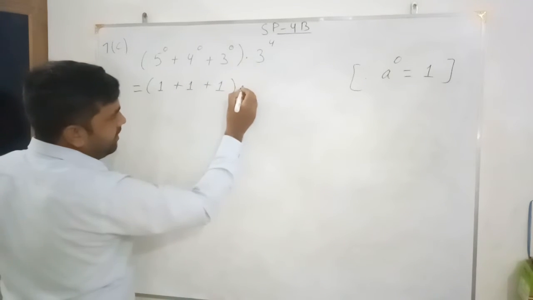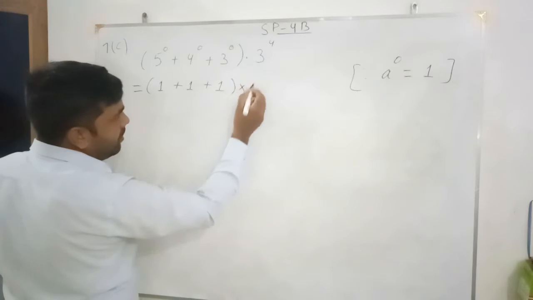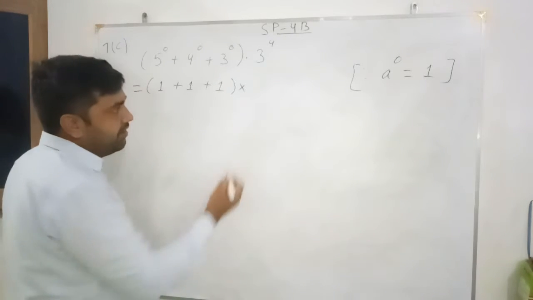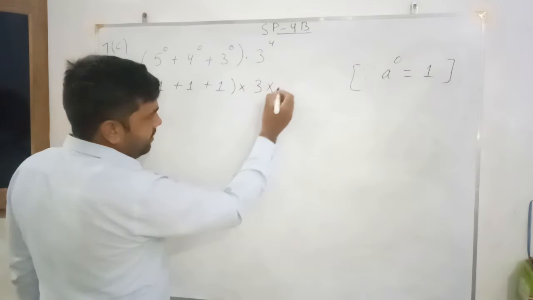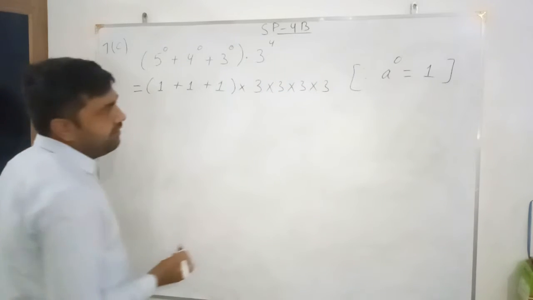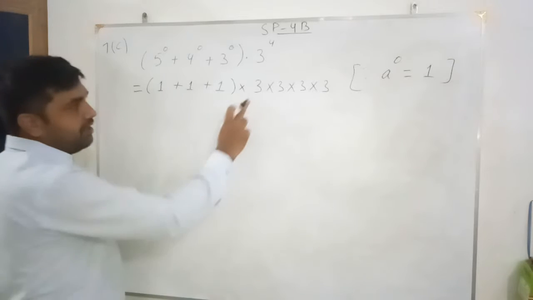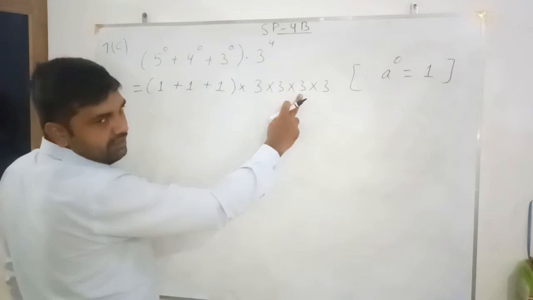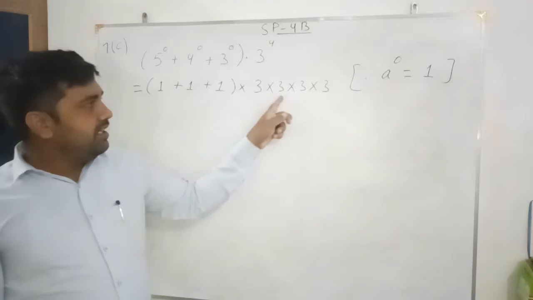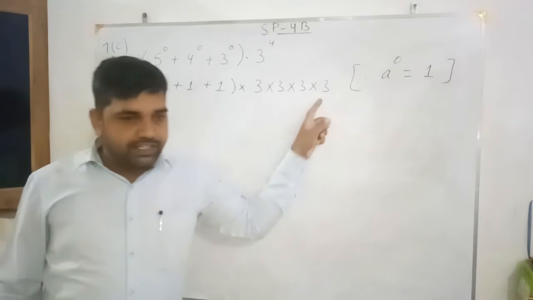Multiply, this dot means multiply, and 3 to the power 4 value will be what? That is, multiply this 3 by itself 4 times. So when you multiply the 3 by itself 4 times, you are going to get the value 81. See how? 3 3s are 9, 9 3s are 27, and 27 3s are 81.